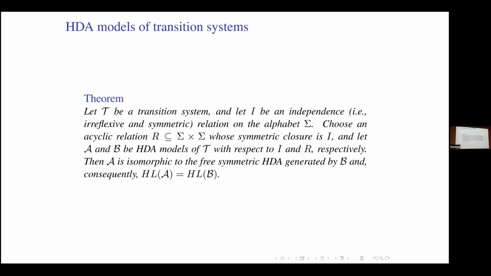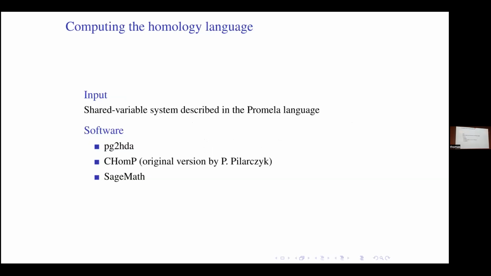Okay, so now I would like to show you through an example how you can compute and analyze this homology language using software. We need as an input a description of a shared variable system in the Promela language, which is the process description language of the famous Spin model checker. And then we need three pieces of software. First, PG to HDA, which you can find on my web page. This computes first a transition system, and then from this an HDA model of the given concurrent system,